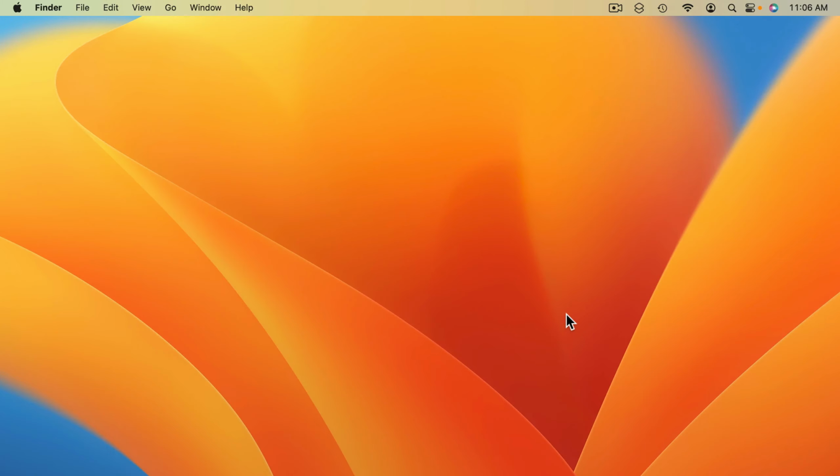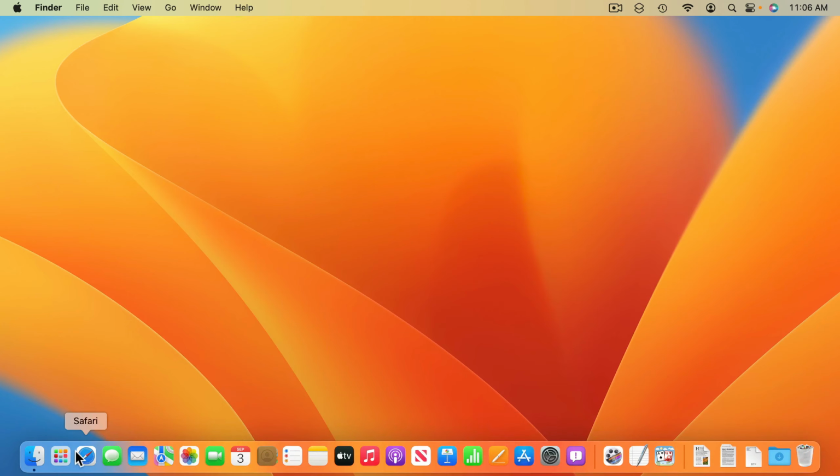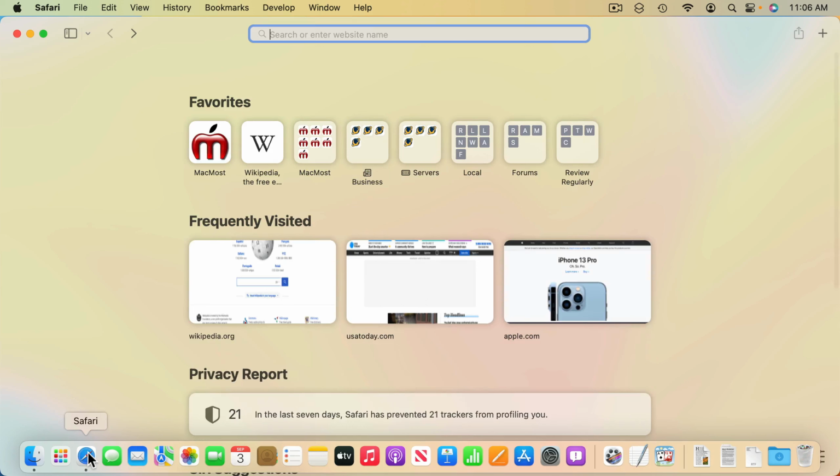One of the primary things you're going to do with your Mac is probably browse the web. You're going to do that using a web browser, and the default one built in to macOS is Safari. Let's launch Safari here. And probably you're familiar with using a web browser, but let's go over some of the